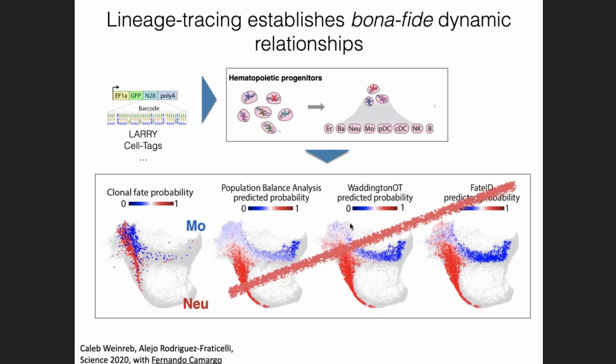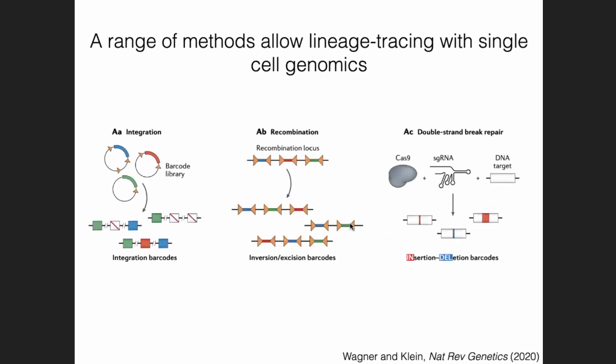Right, so that was just the simple way of reminding myself to say that these aren't great methods. And Philip also introduced his Linnaeus method, just to say that there's now really a whole family of methods out there which allow lineage tracing to be integrated with single-cell genomics. Some of them make use of Cas9 scarring, other ones make use of Cre recombination, other ones make use of integration of barcodes, and all of these in some way or the other allow for